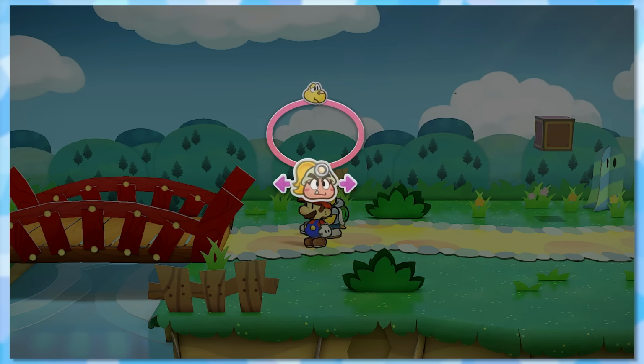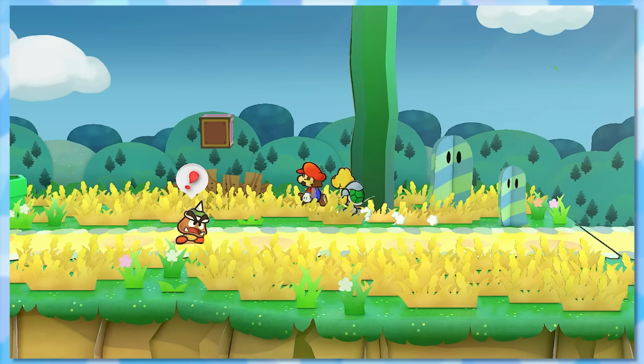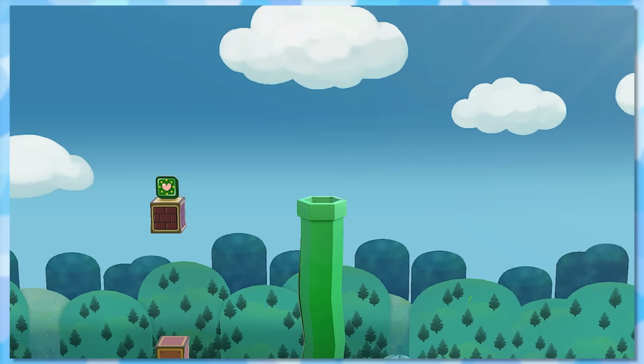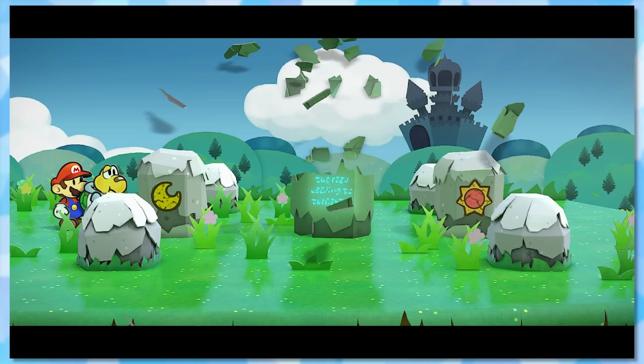Now, look here. We can switch partners by holding L and using a partner ring. It's not super convenient yet, but when we have most of them unlocked, it makes switching a lot faster than pausing the game every time. But yeah, we put the moon and sunstones into the structure, and now we got a pipe that leads us